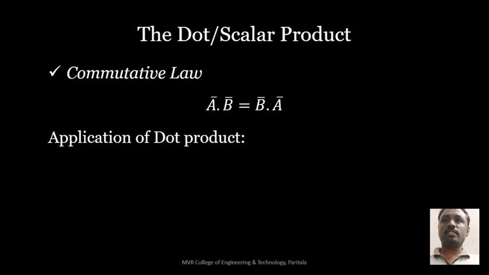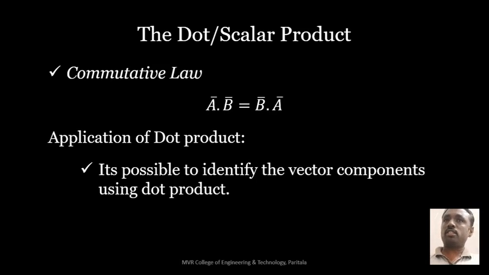So Ax, Bx, let us take vector A. In that, the first term is Ax bar, capital Ax bar, where capital Ax is the vector component. If you want to identify the vector component in the direction of Ax bar, then we have to multiply the A bar with the unit vector Ax bar. Then it will give the component. So simply, if you multiply a vector with a unit vector, it will give a component in the direction of the given unit vector.